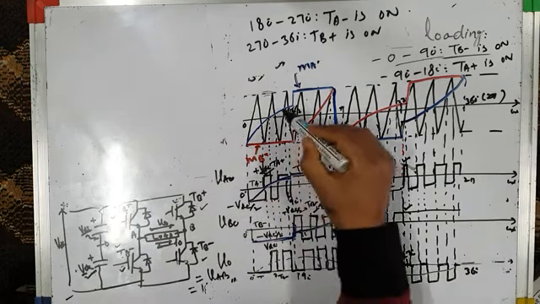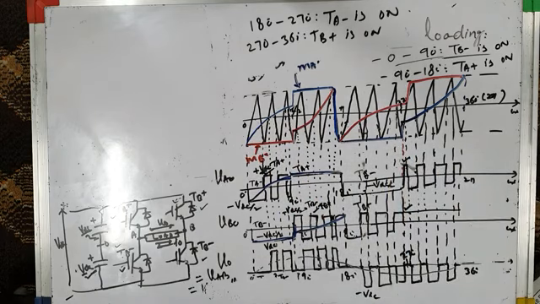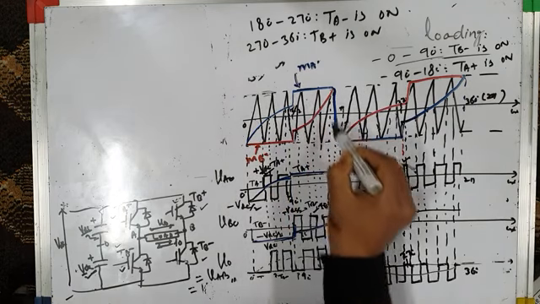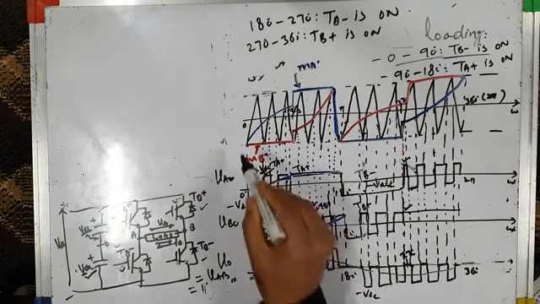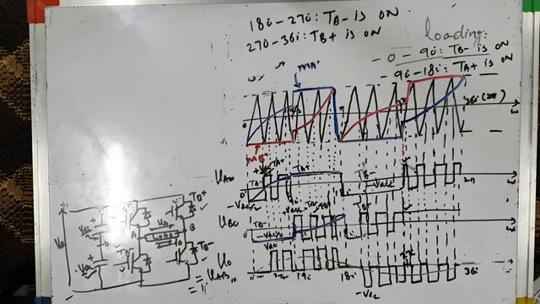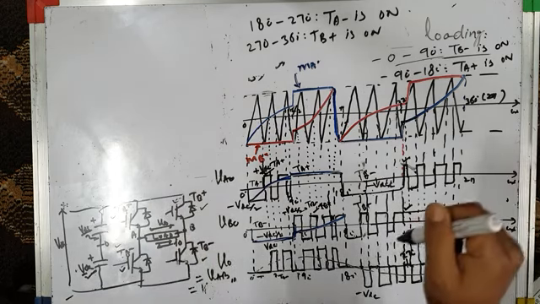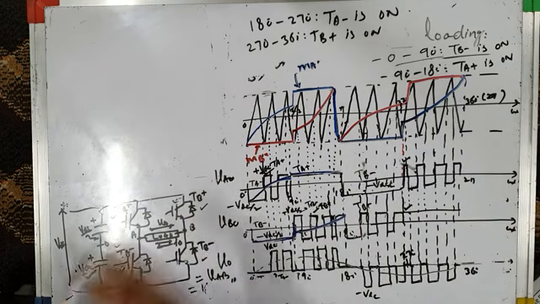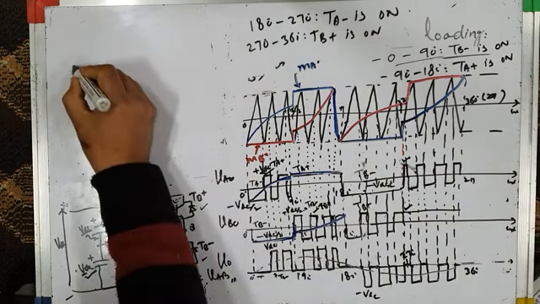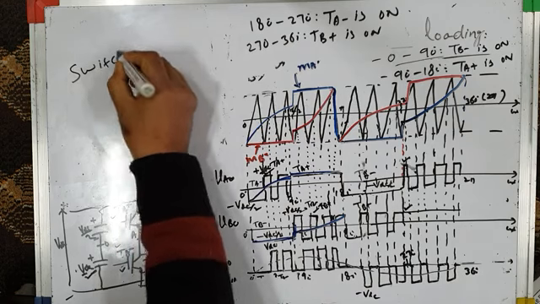Leg A switches for 90 plus 90, 180 degrees, and leg B switches for 90 plus 90, 180 degrees, whereas leg A is clamped for 90 plus 90, 180 degrees, and leg B is also clamped for 90 plus 90, 180 degrees. That means each leg switches for only 180 degrees and is clamped to positive or negative DC bus for the rest of the 180 degrees. Since each leg of the inverter switches only for 180 degrees out of one cycle of 360 degrees, half the cycle,